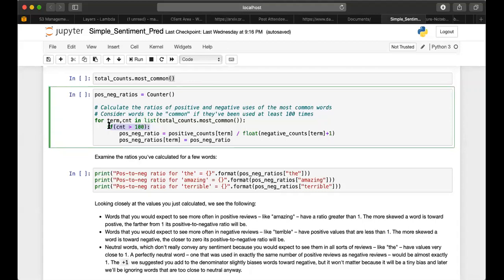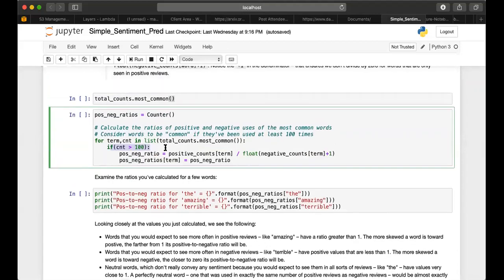But mind you, words like is, I, it can also be very, very frequent, so we also have to find a way of identifying the words that are irrelevant.